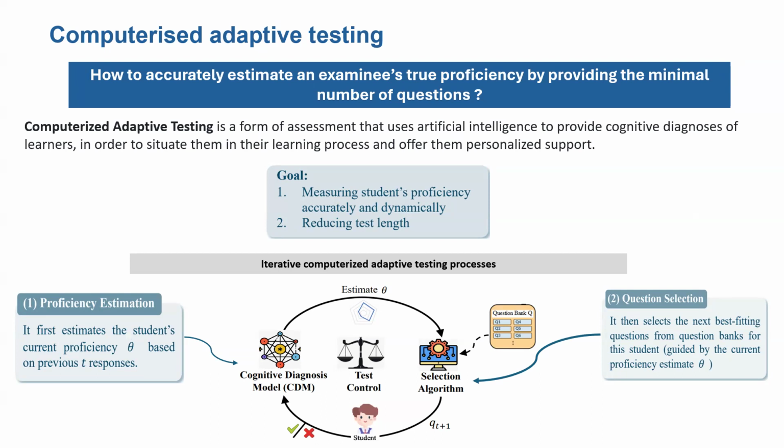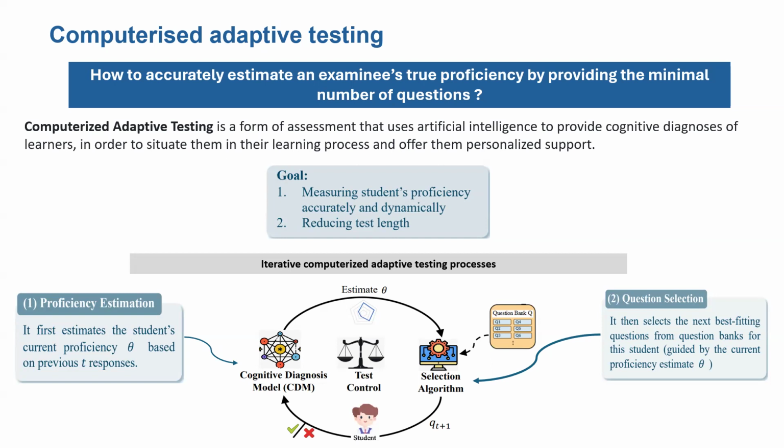Then the selection algorithm picks the next question from the bank according to certain criteria. This two-step process repeats until a predefined stopping rule is met. The final estimated proficiency, for example a diagnostic report of the individual student, is fed back to them as the